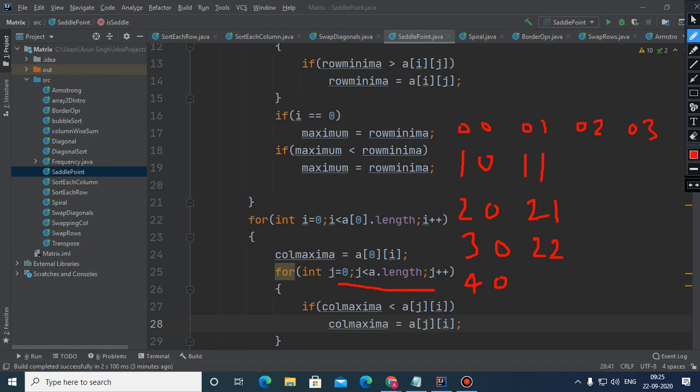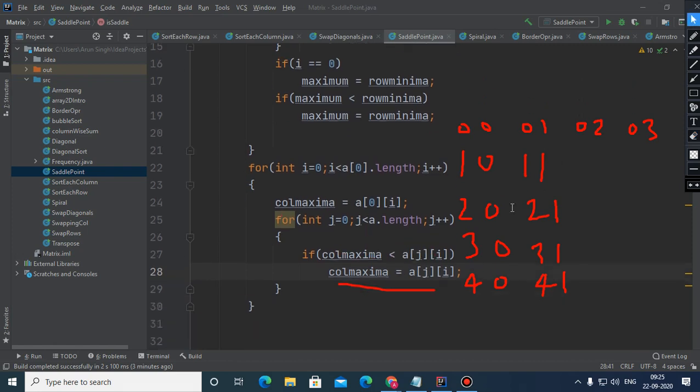Sorry, 0, 1, yes, it's okay. Here it will not be 2, 2, it is 0, 1, 1, 1, 2, 1, 3, 1, and 4, 1. If you see this loop, it is going from 0 to less than number of rows. So the values generated for the second column are 0, 1 because I is 1, 1, 1, 2, 1, 3, 1, 4, 1. And for the first column, it is 0, 0, 1, 0, 2, 0, 3, 0, 4, 0.